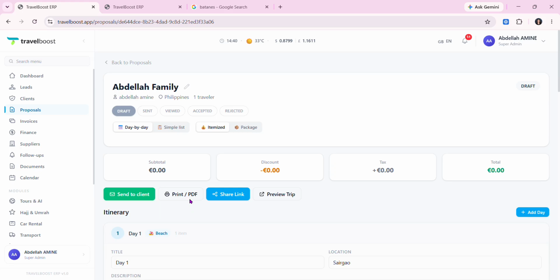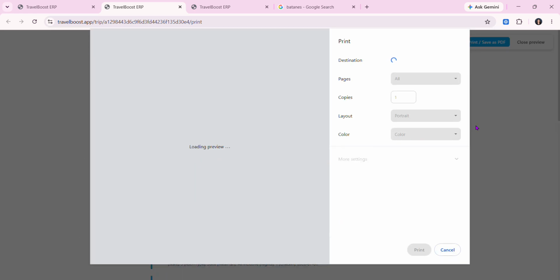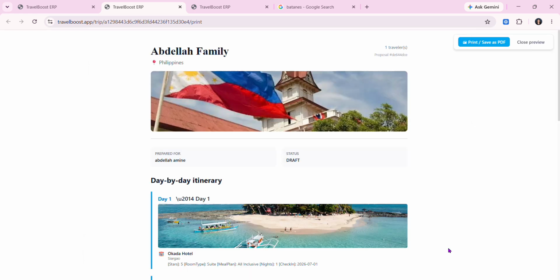This makes it easy to present professional travel quotations and move customers smoothly from inquiry to booking. Okay, so what else? Hang on. Let me open this print and PDF so you can see. So let's just cancel. This one is the PDF preview.